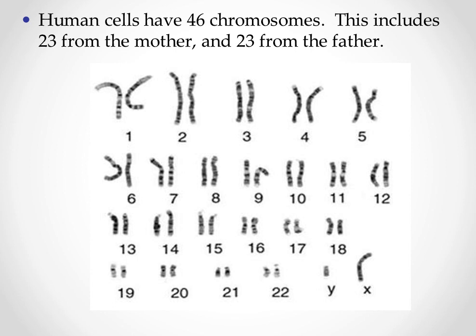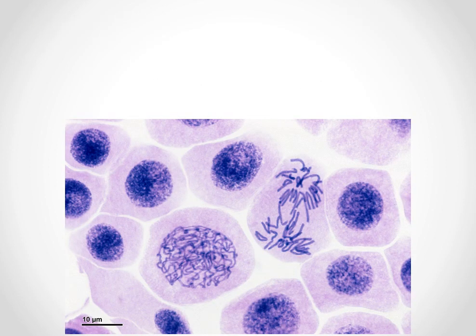Now, your pair 23, that's really special. They are called your sex chromosomes. So, for this example, this person has an X and a Y. If you receive an X and a Y, you're referred to as a male. If you receive two X's, then you're